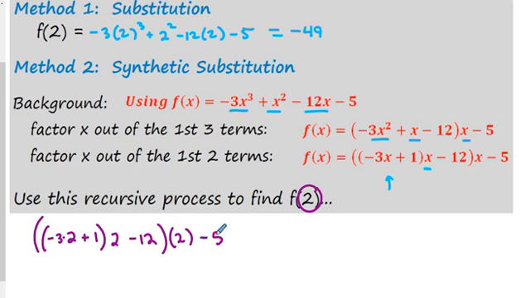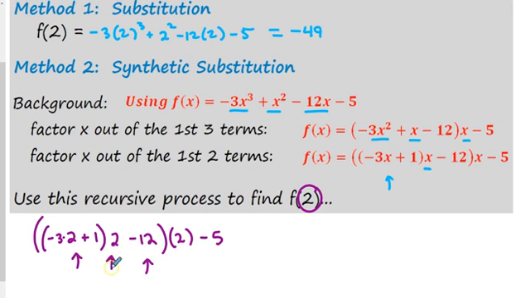So over and over again, you're taking your number 2, multiply it by the number in the problem, add the next one. Multiply it by 2, add the next one. Multiply it by 2, add the next one. And just to double check, what do we have here? We have negative 6 plus 1 is negative 5. Negative 5 times 2 is 10. 10 minus 12 is,